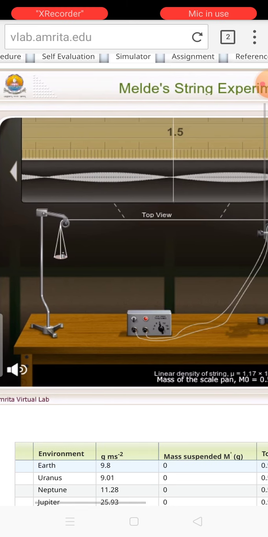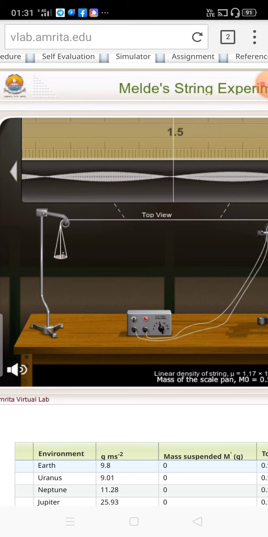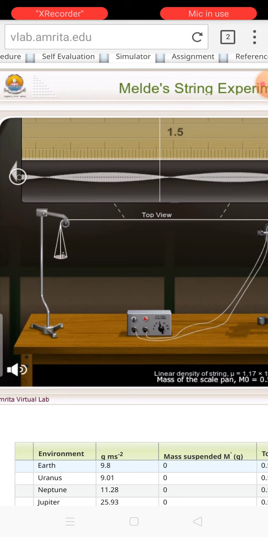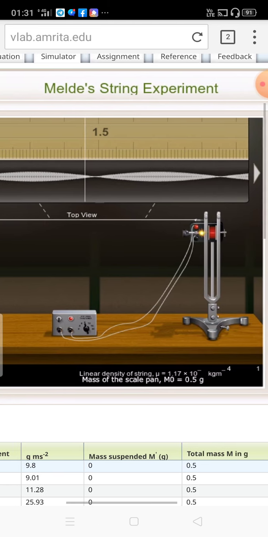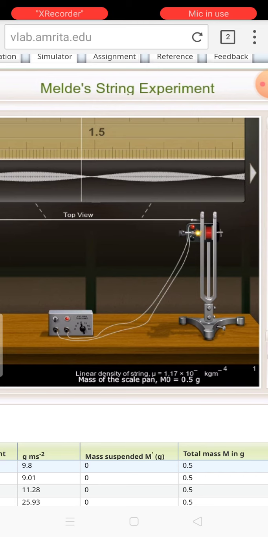Now how can you measure? This is the wave, so this is the complete wavelength. How can you measure it? Already on one side it is 1.5, but the other side you do not know. So what you will do, if you press this left side, see, it is moving slowly. Just press this, it is coming. And if you press on the other side, it is going to the opposite side. So this way the slider can move. The slider is now moving slowly.